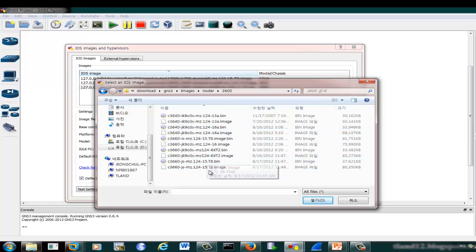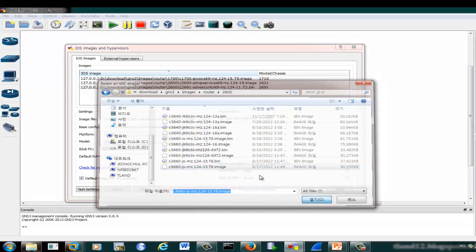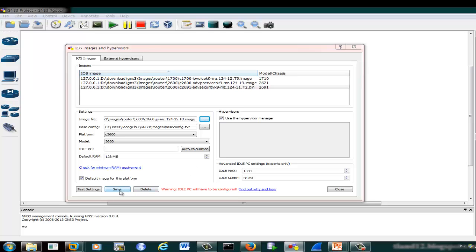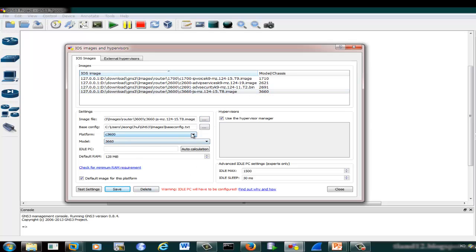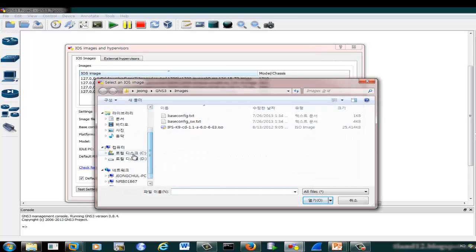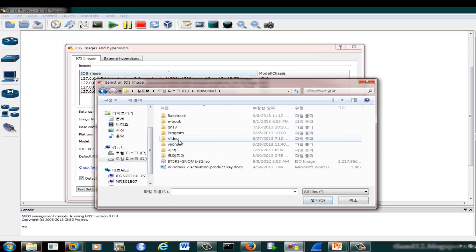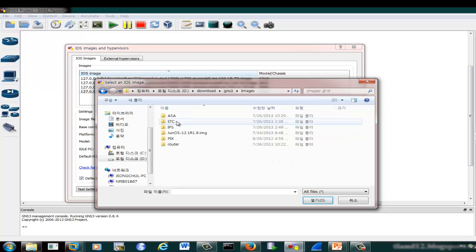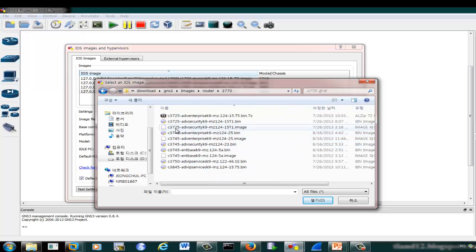So here I will select, okay, 36, okay, this one, 3660 JSMZ, this one. Okay, and after that save. Then you can see, and after that 3700. Okay, 3700. Download router 37. In my case, I will select 3725. Okay,